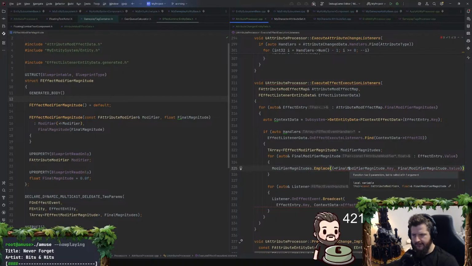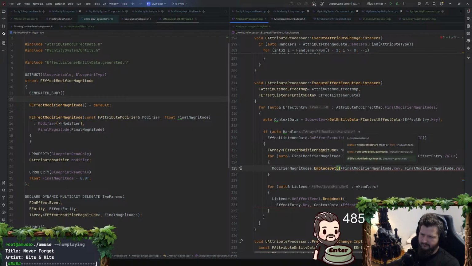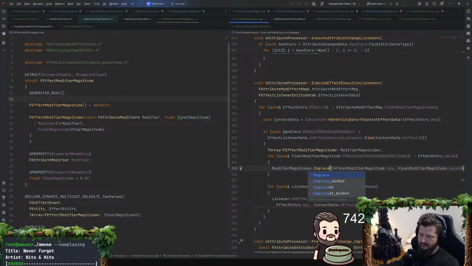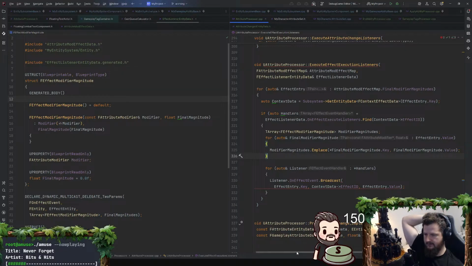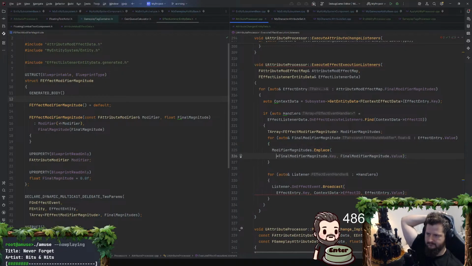No, we don't in place, we add. Actually I think we want to in place get ref. I thought I could in place with args. Oh, do I just do that? Yeah, you don't wrap it. Okay, so now we have our modifier magnitudes, and that's what we go with.